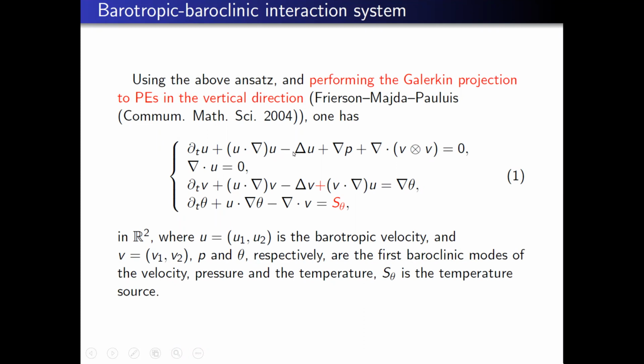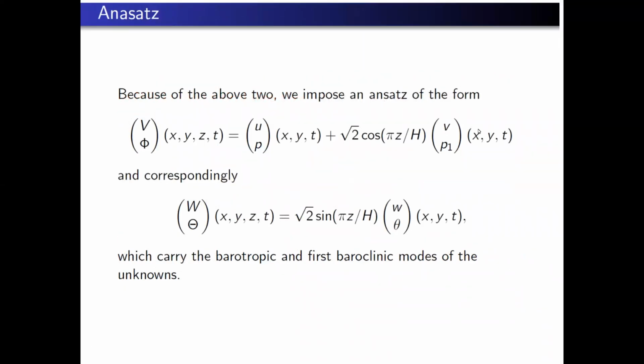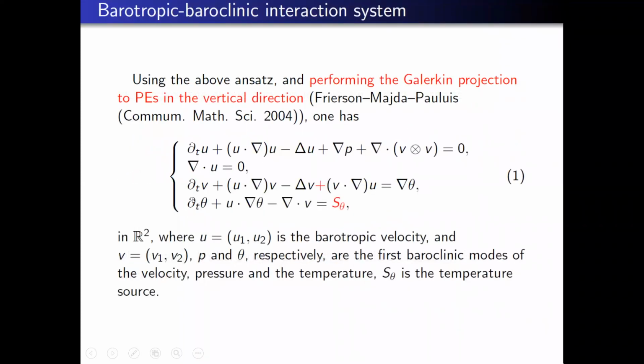This is the barotropic mode, but then it is forced by stresses coming from the baroclinic mode, and here is the V, this is the V here. Incompressible, and this is the baroclinic mode, which is coupled with the barotropic mode. And now the temperature is again the same temperature, but there is a source of heat, which we'll talk about later, namely what is the source of heat, where the heat is coming from, and that's what I would look at, the coupling to the temperature. So this is the model that we'd like to look at.